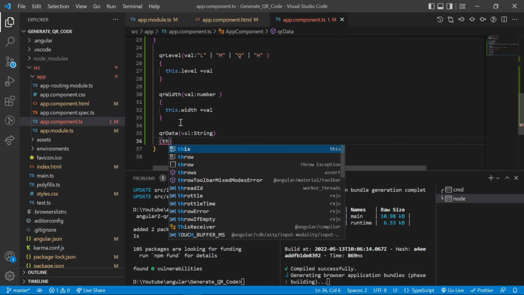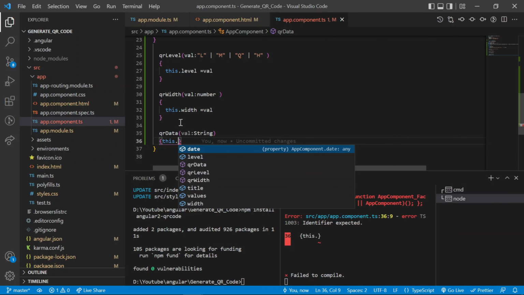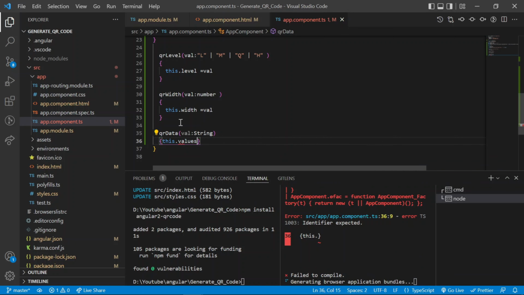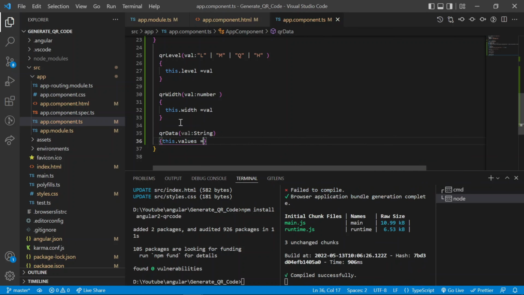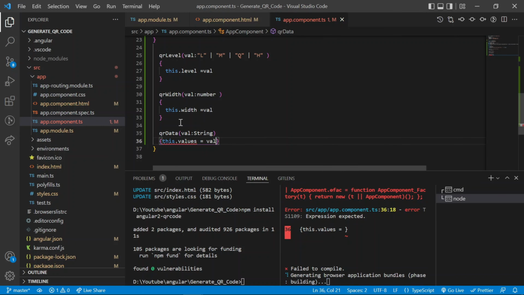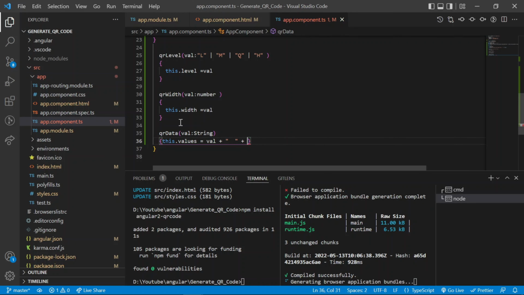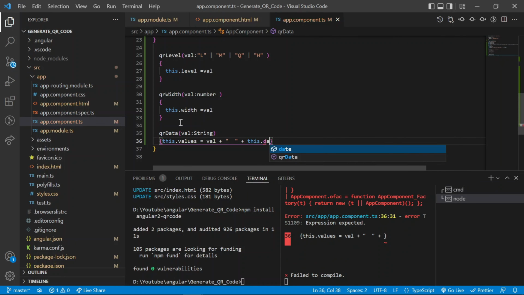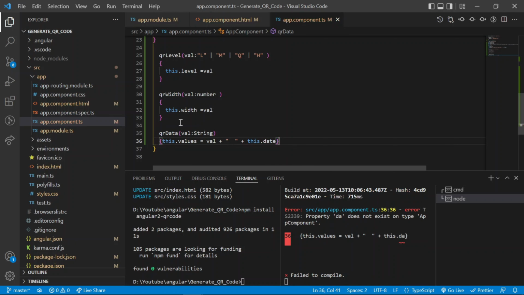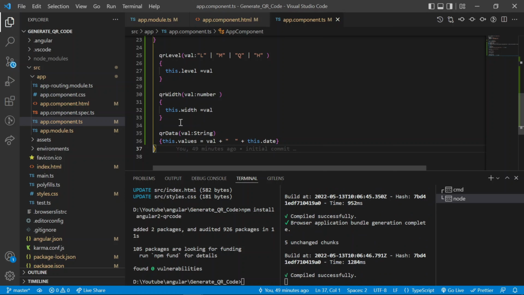Then this is the value of the QR code. So all the three methods are created.